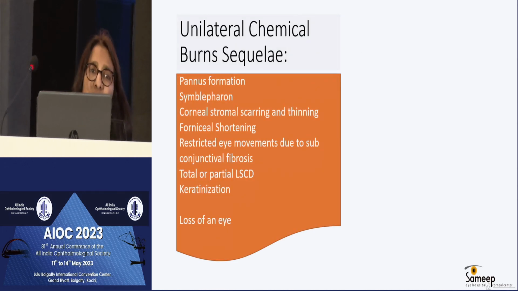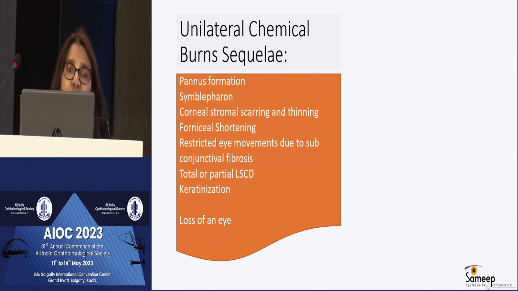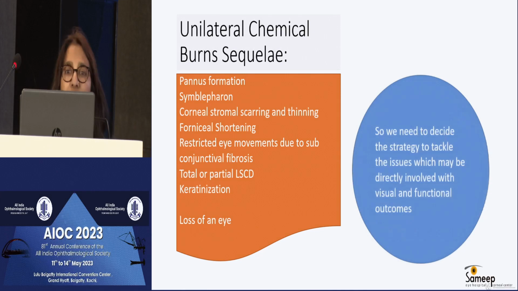As we know, unilateral chemical burn sequelae would be PARAS formation, symblepharon, corneal stromal scarring and thinning, fornical shortening, restricted eye movements due to subconjunctival fibrosis, total or partial limbal stem cell deficiency, at times keratinization and loss of an eye. So we need to decide the strategy to tackle the issues which may be directly involved with the visual